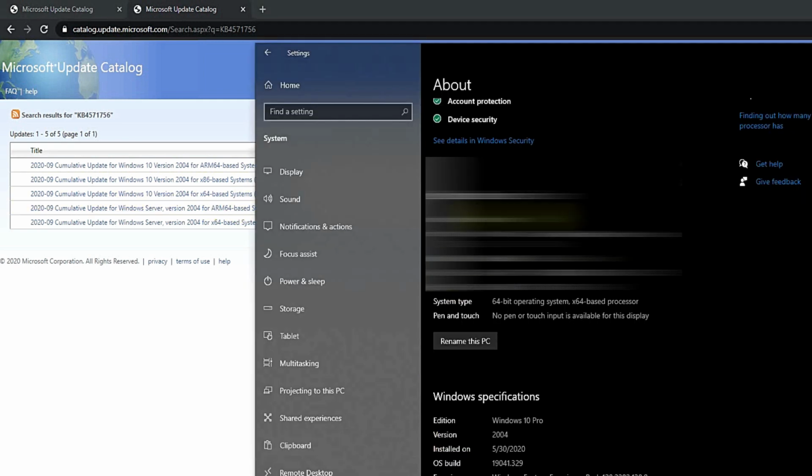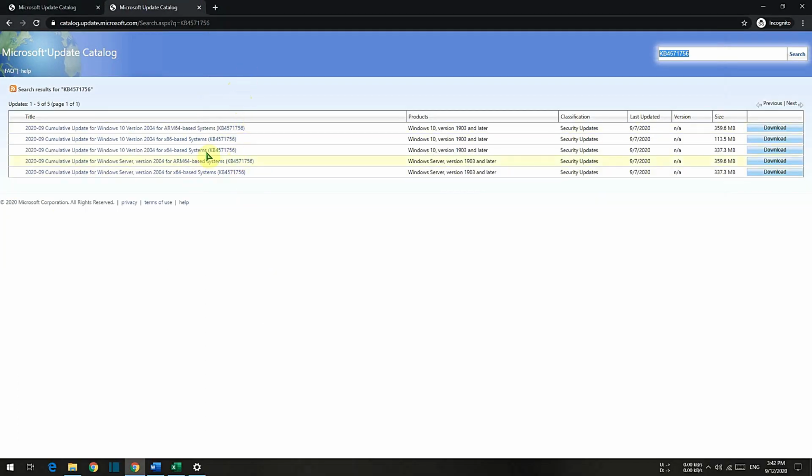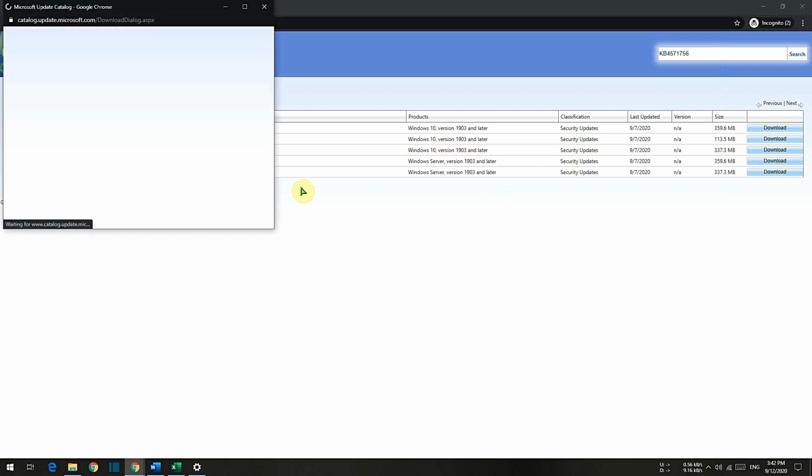On the same About screen, under system type, it's mentioning that I'm using a 64-bit operating system and it's showing as x64 based processor. So out of these three links I just need to click on the one that is for me, that is x64. I will simply click on download.